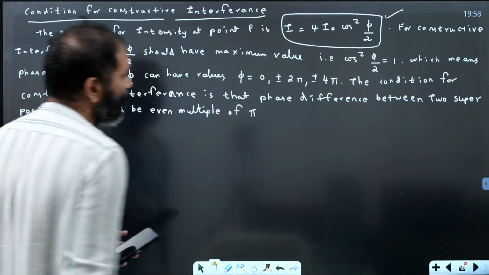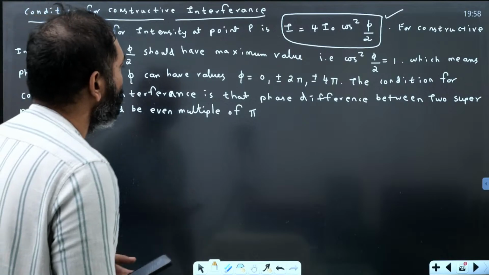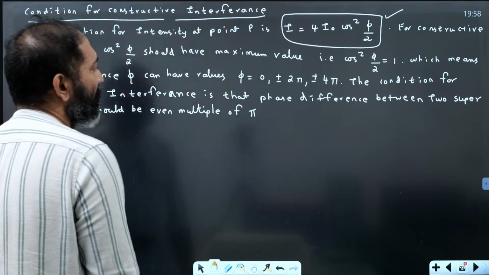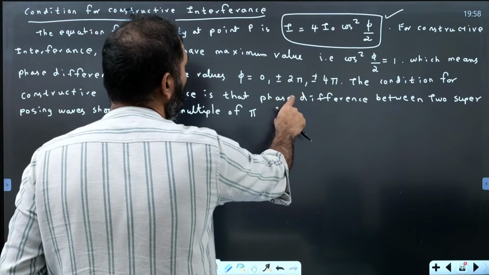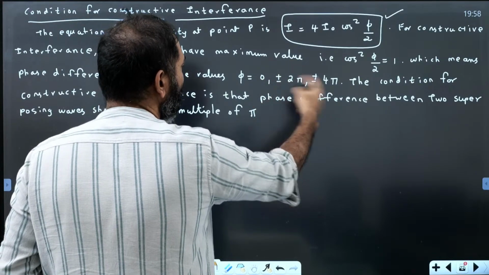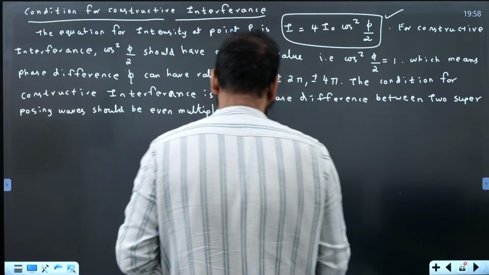Phase difference between two superposing waves should be what? Even multiple of pi. That is the condition for constructive interference. Why even multiple of pi? Because 0 into pi, 2 into pi, 4 into pi, etc. Now it is important to understand that